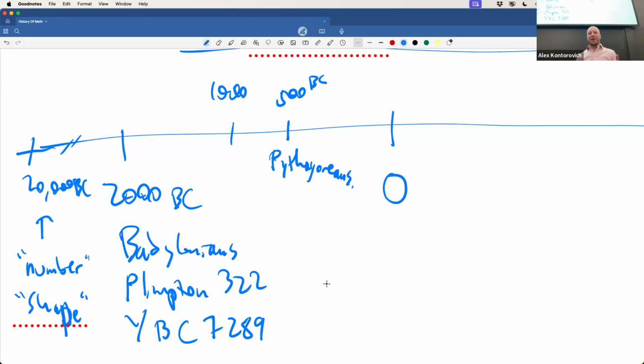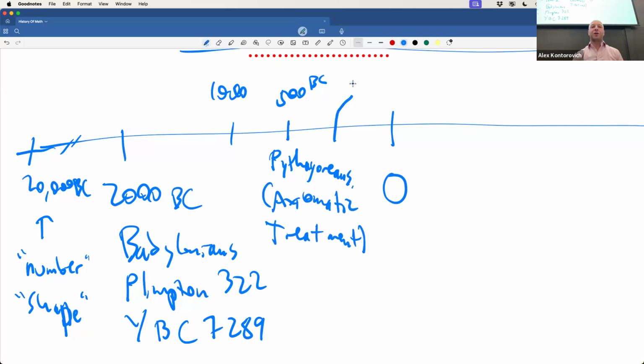In math, the Pythagoreans figured out that what you need is the truth and the evidence for the truth as a pair. So it's not enough to say, this is what's true. You have to give the reason why it's true. So this is the beginning of the axiomatic system. We'll come back to this, the axiomatic treatment of mathematics. That comes to full fruition about 200 years later.